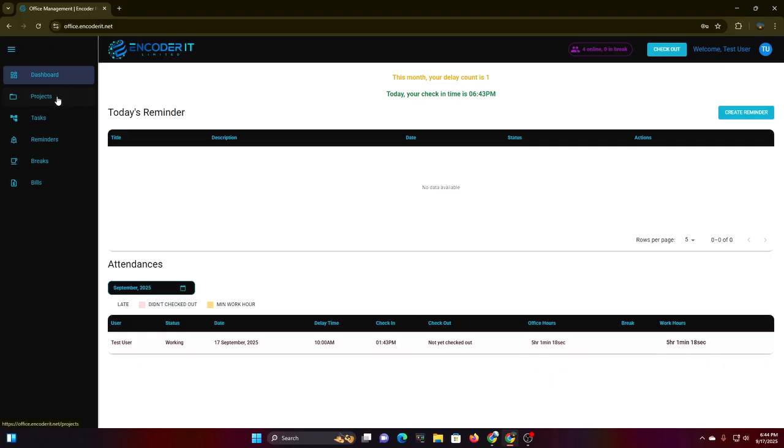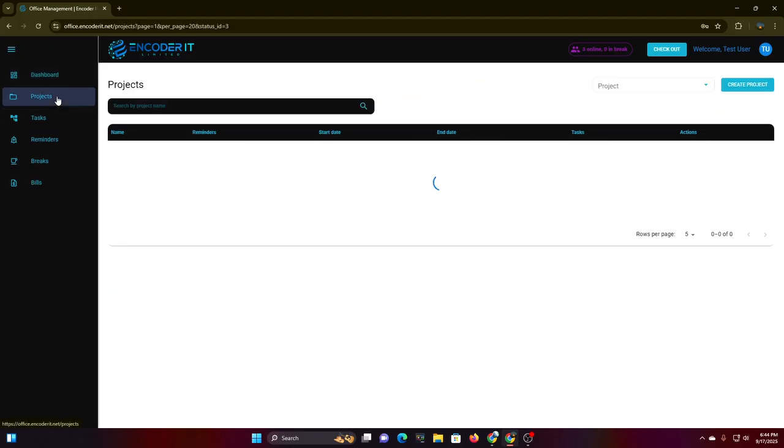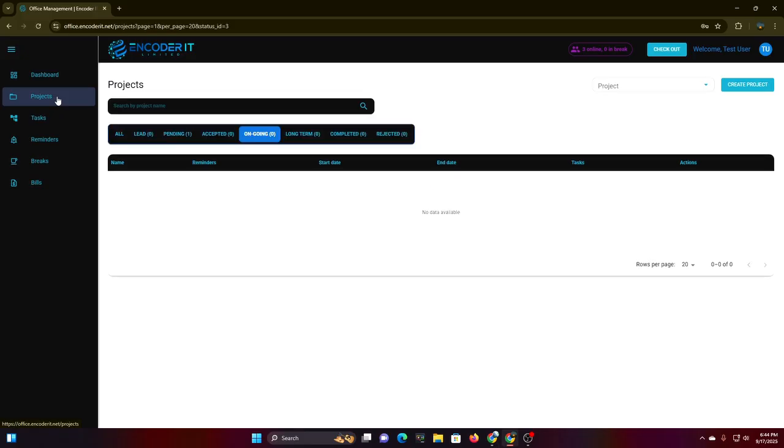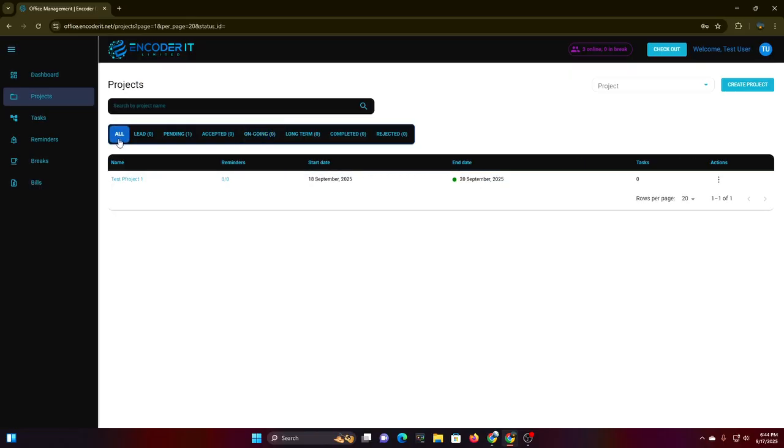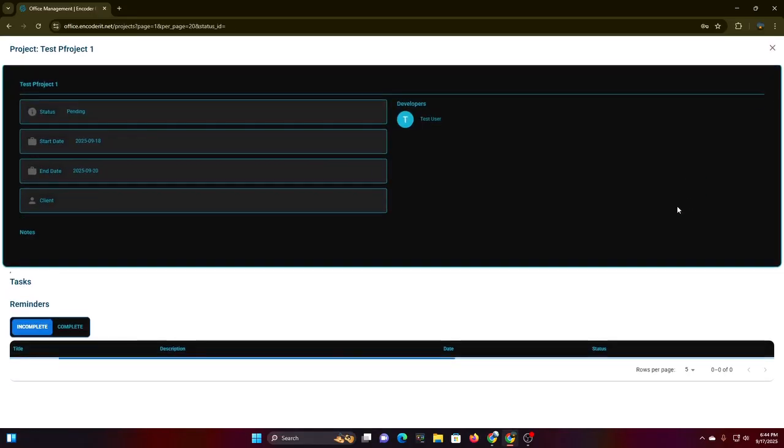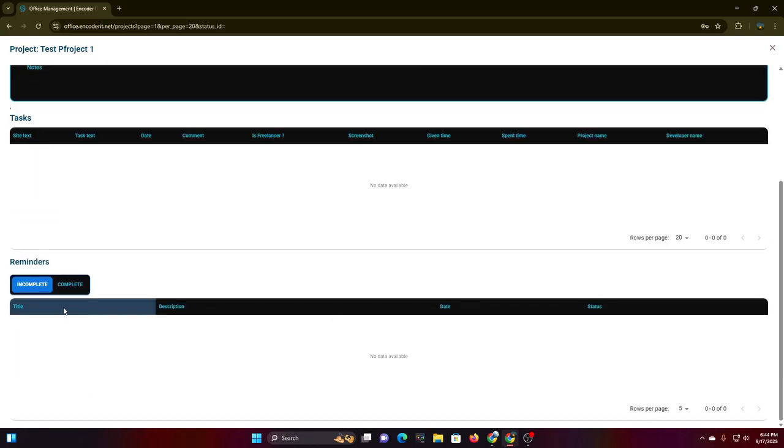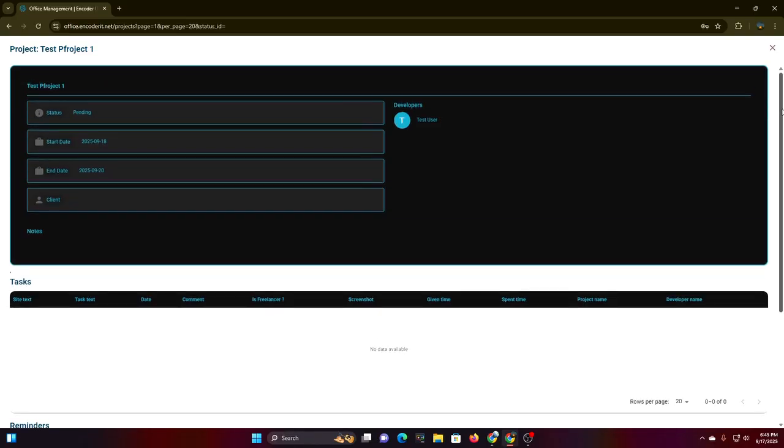And when you click on projects, ongoing is none, and when you click on all, he can see only his assigned projects, which is test project 1, which I created. And when he clicks on view project, he can view the project tasks and the reminders, etc., which is